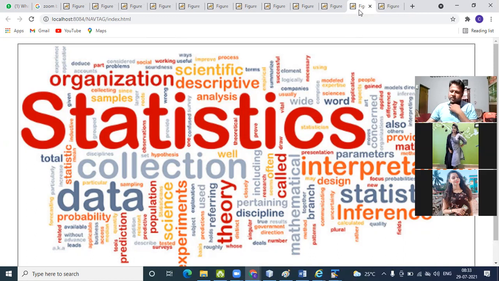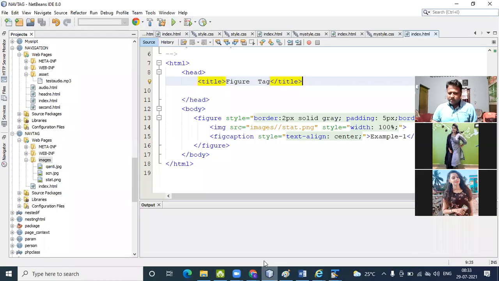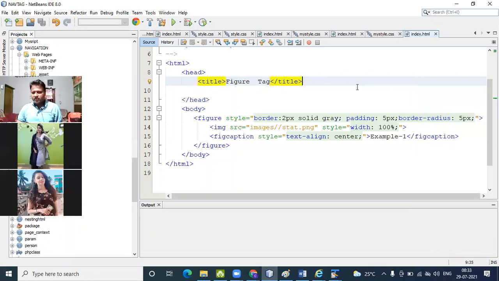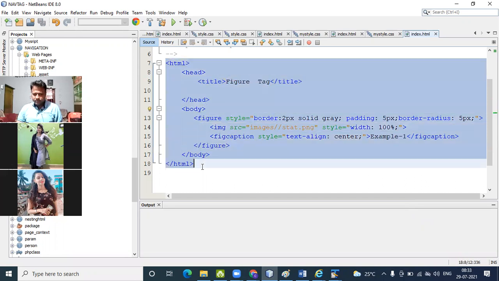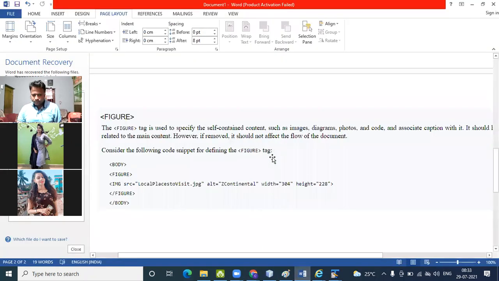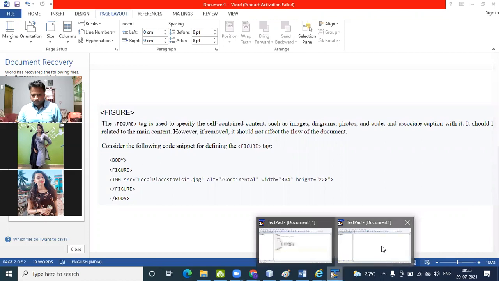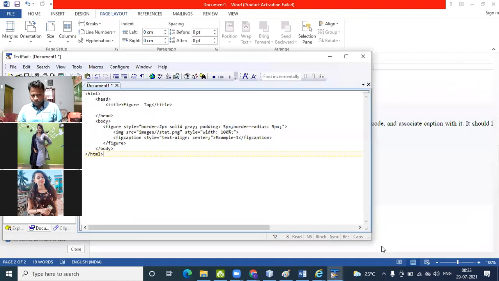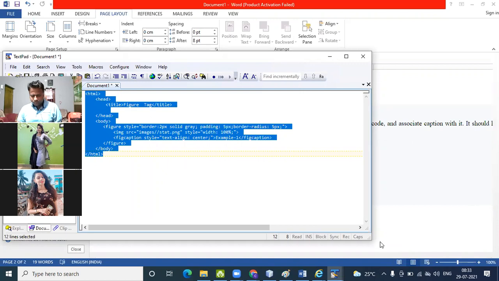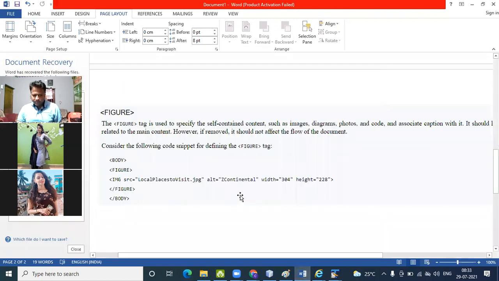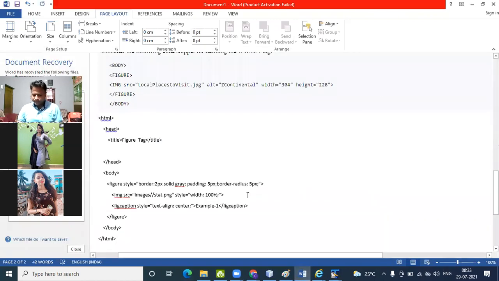So this is some kind of designing, some kind of CSS part we provide here. This is an example of the figure tag.